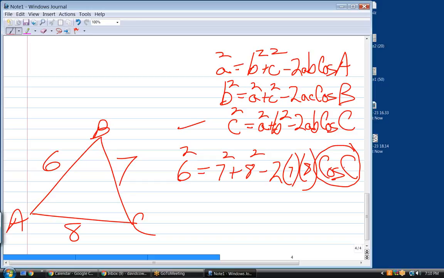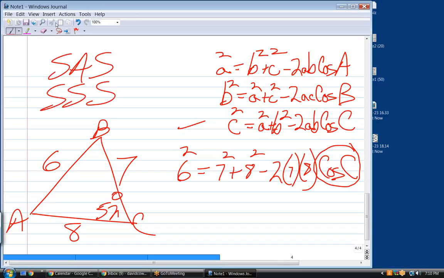In other words, I'll end up with cosine of c being equal to some number. Take the inverse cosine of that number, and I'll come up with an angle. Let's make believe that that angle is 52 degrees. Well, once I get that angle, I'm home free. I'm going to use the law of sines to solve the rest of the triangle. So the only two situations are side, angle, side, and side, side, side, where you have to use the